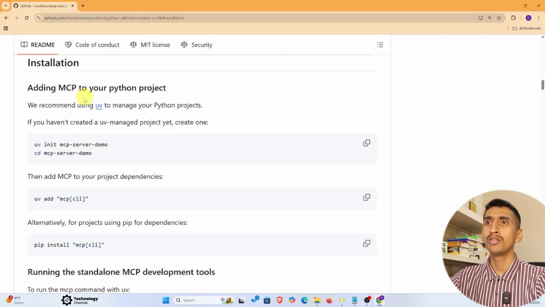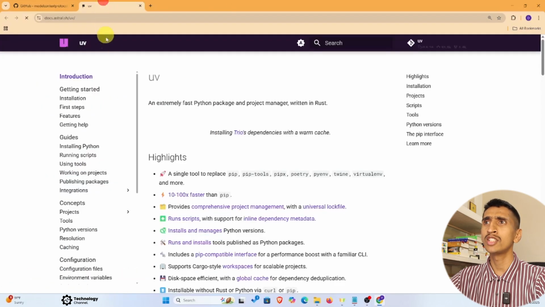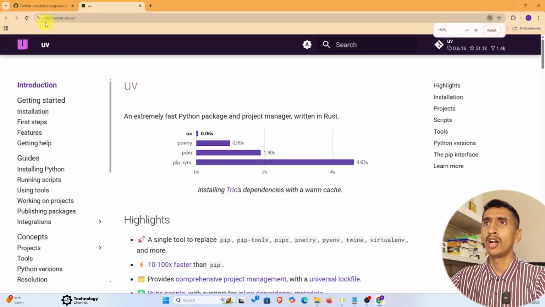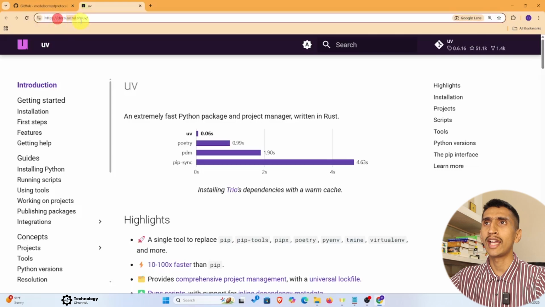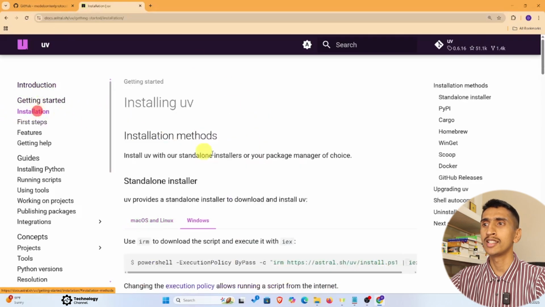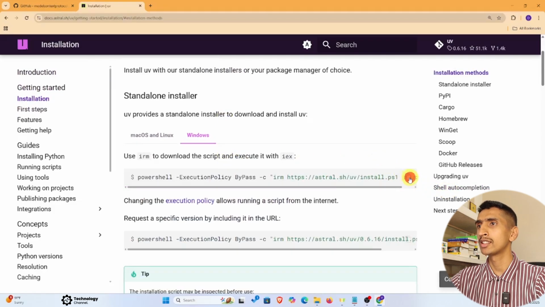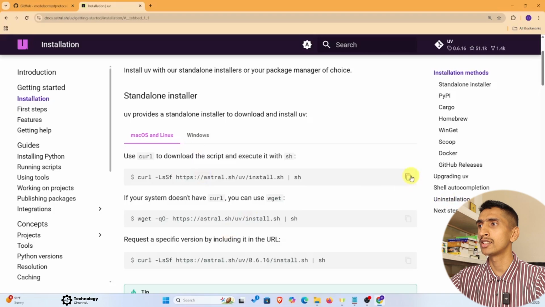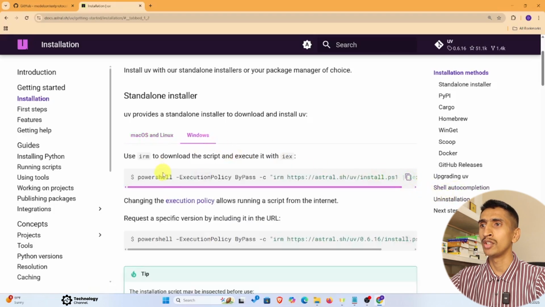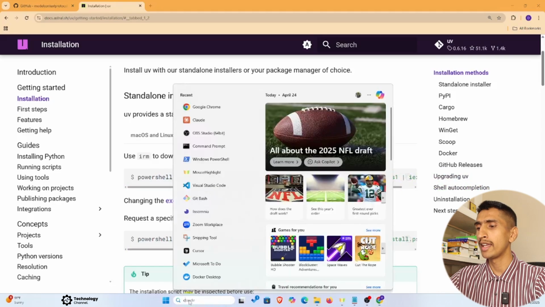Okay, first of all, you need to install UV to manage your Python project. Just go to this website, docs.astral.sh/uv. You need to install this. Click on installation and just copy this command for Windows, and if you are using Mac or Linux, then copy this command. And I'm using Windows, so I copy this one and let me open my command prompt